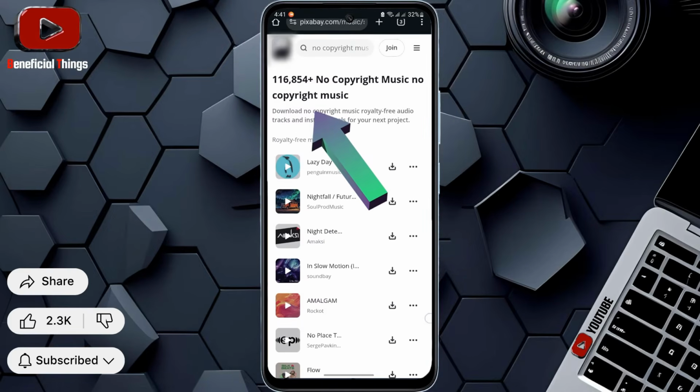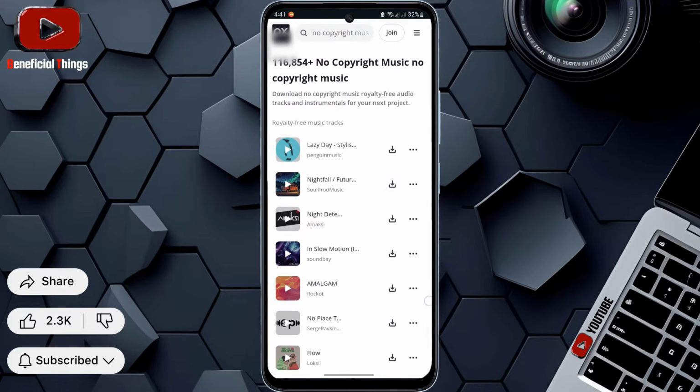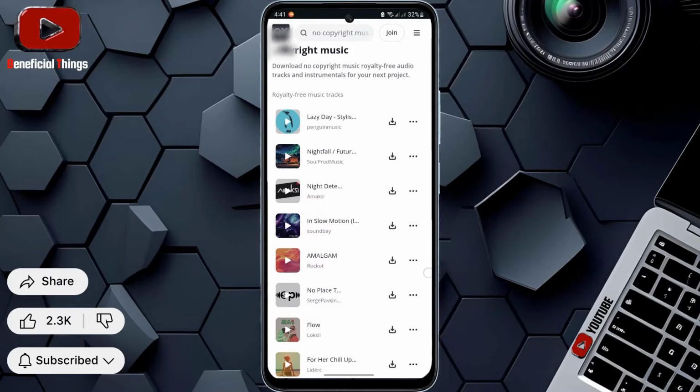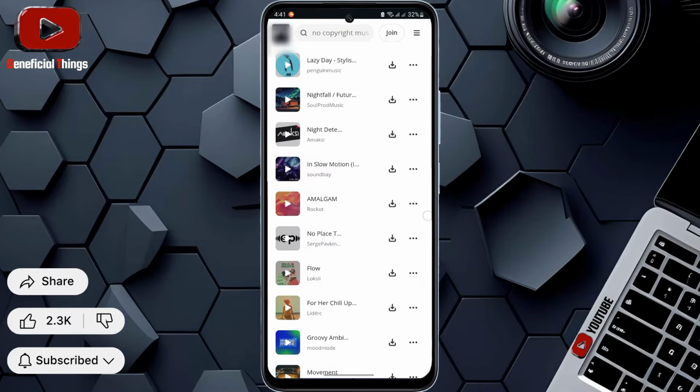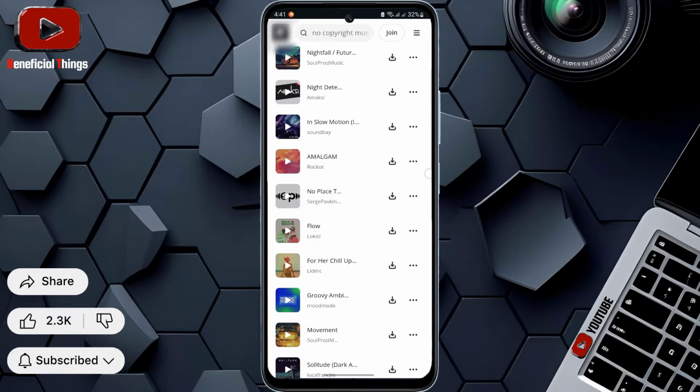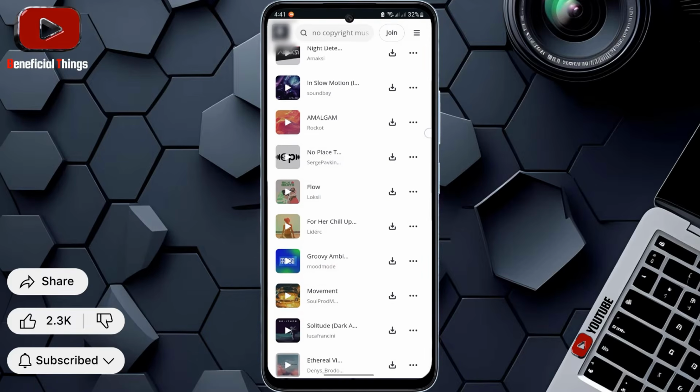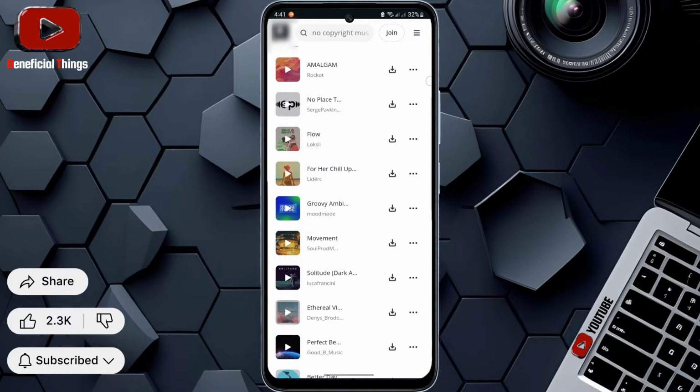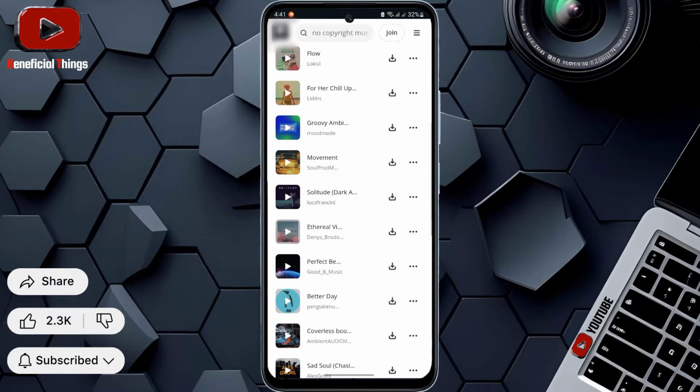So as you can see, you can download 116,854 plus no copyright, royalty-free music tracks, and many other things too, which I'll talk about later. In today's video, you're going to learn how to download MP3 songs using Chrome in 2025, an easy music download